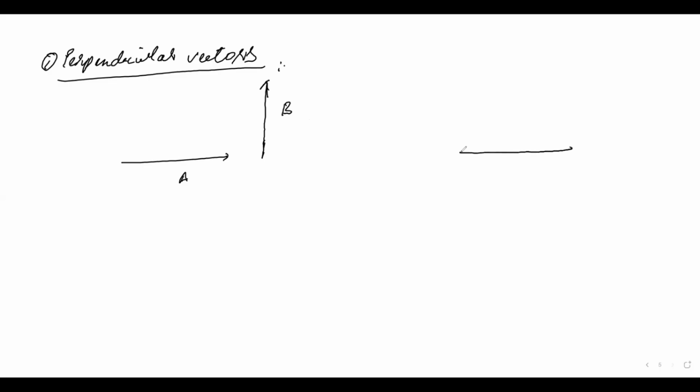I'm just going to draw A again, and then I'm going to pick this B up and join the tail of this vector with the head of this vector, right? So I've got this A over here, this B over here, and the resultant vector is going to be somehow like this. Let this be FA, this is going to be FB, and this is going to be F. Now you can easily calculate the magnitude of F by just applying,